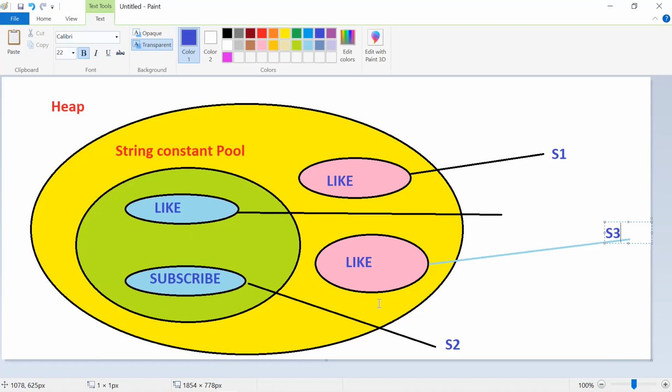Another object would be created in the string constant pool, but first let's check whether the like object is present in the string constant pool or not. As we see, the like object is already present in the string constant pool, so we won't create a new object. So that's how it goes. You can see over here that like in the string constant pool is without a reference.